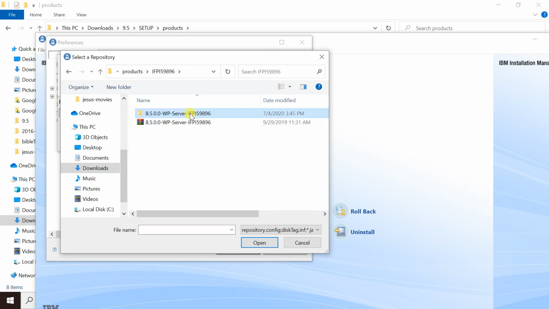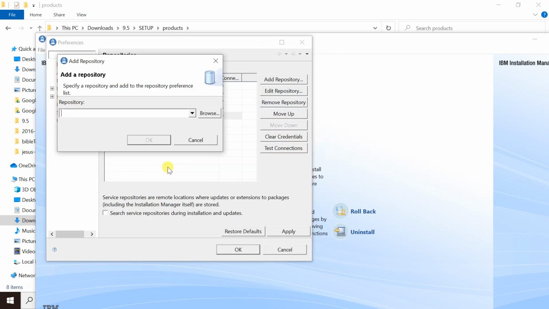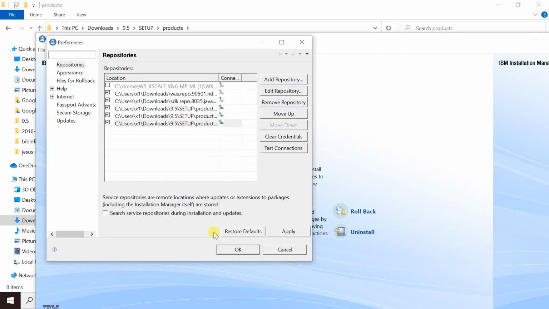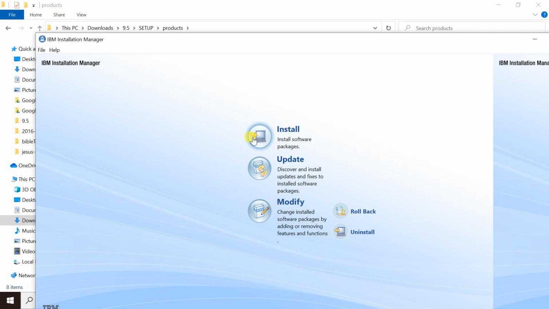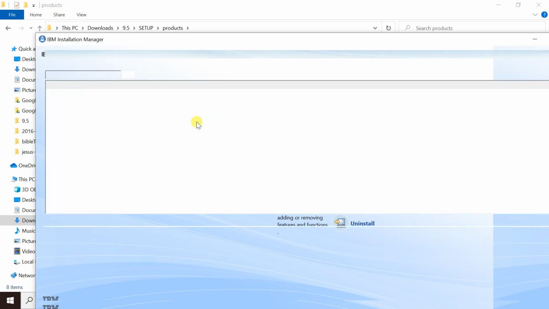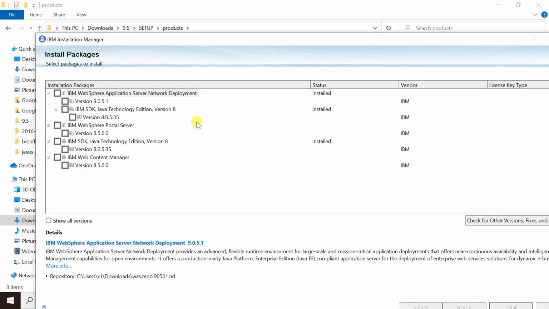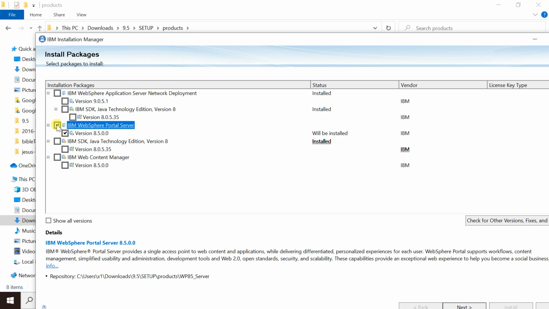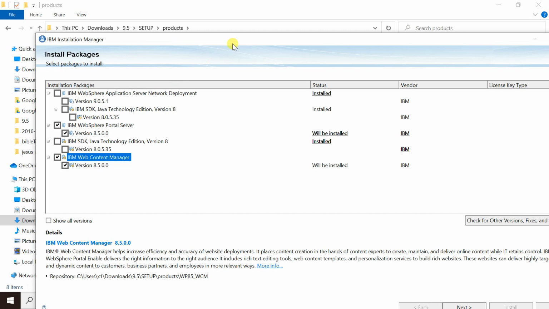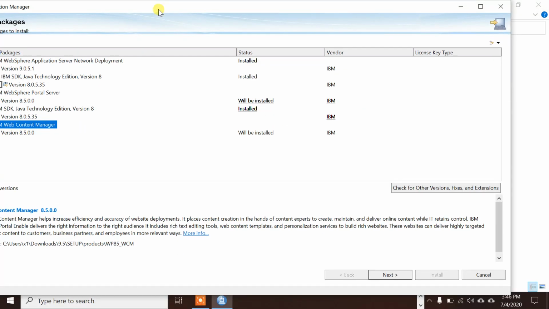Interim fix is extracted now. Add the interim fix also, save, okay, install. So what we are trying to do is, upon the existing WAS 9.0, we are trying to install Portal 8.5 along with the interim fix. This is what we are doing. That is why it's saying Java is installed, WAS is installed. No worries, we will select Portal content management, and let me show you my full screen, guys.